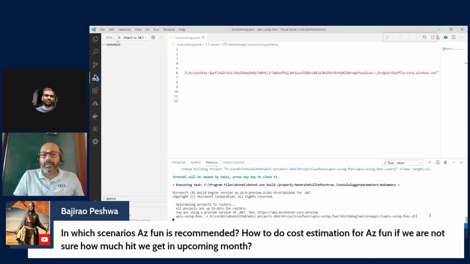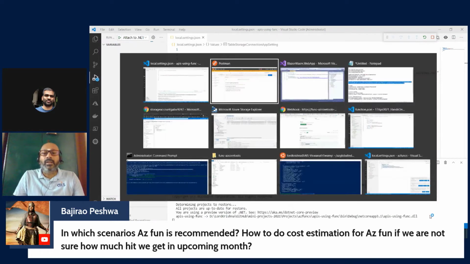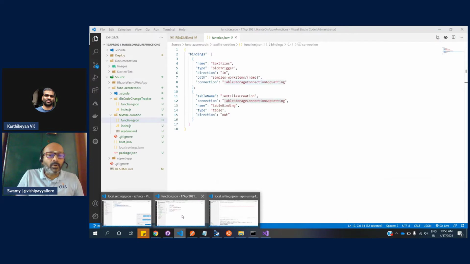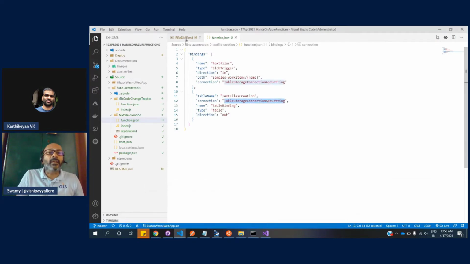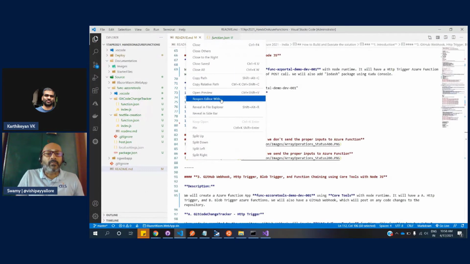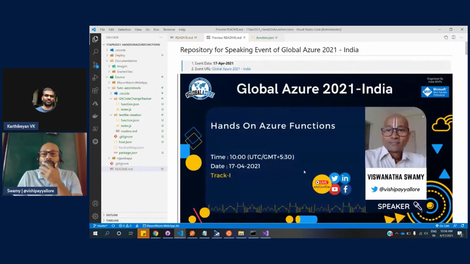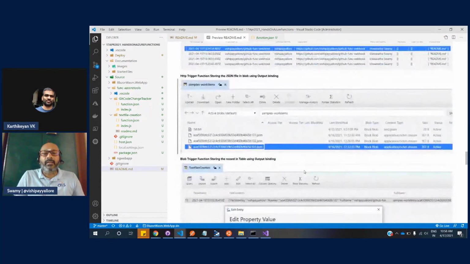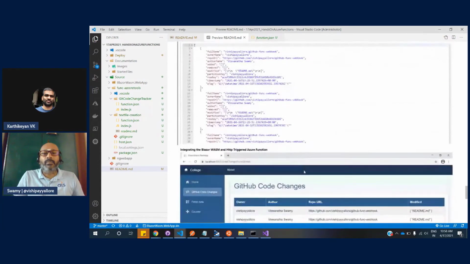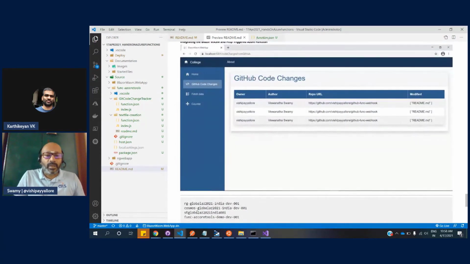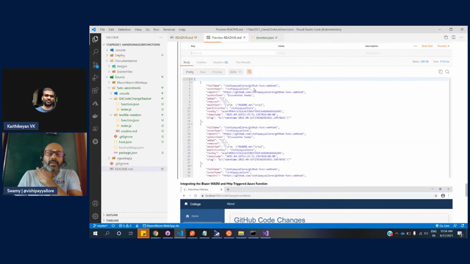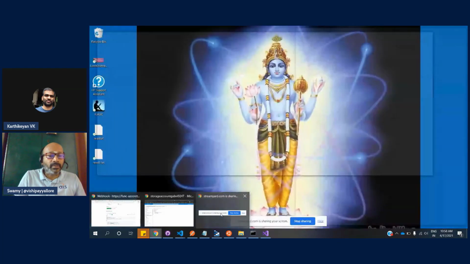It is taking some time. Okay, so I'll stop this. I just wanted to show you another thing, but anyways, the code is there inside the Git repository. So I'll just take 1 minute. Dinesh, I'll come back to the queries. I'm sorry. So this was the second demo which we created, and this was the third demo. We'll see that. Okay, so I've already created the code and it is there. So you guys can go check it. Let me stop sharing and we can go ahead and discuss the queries.